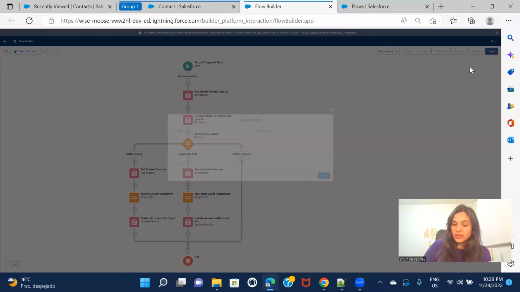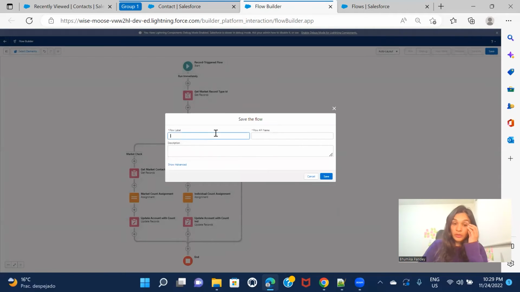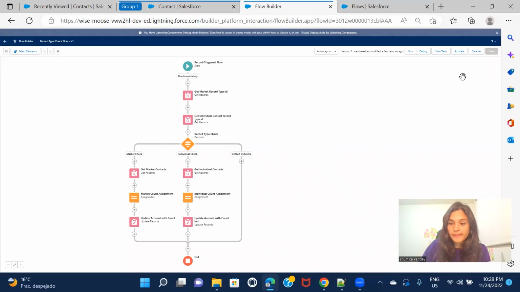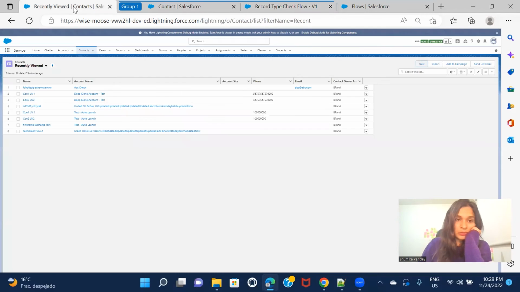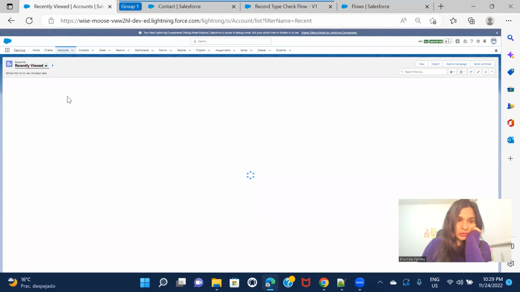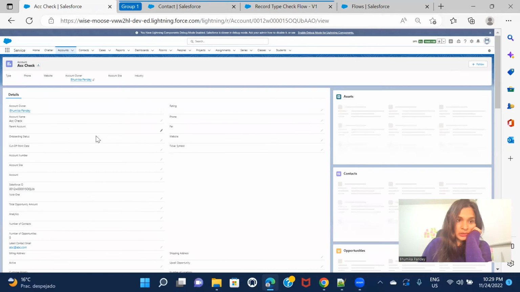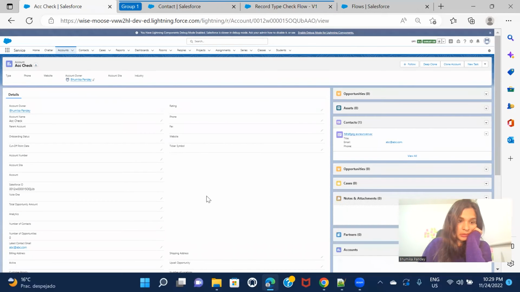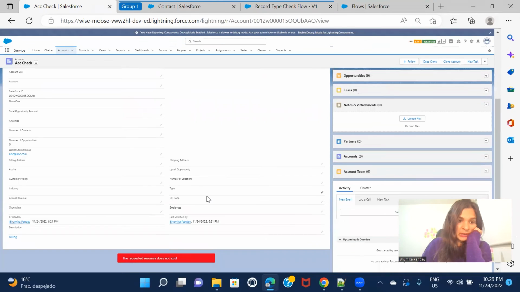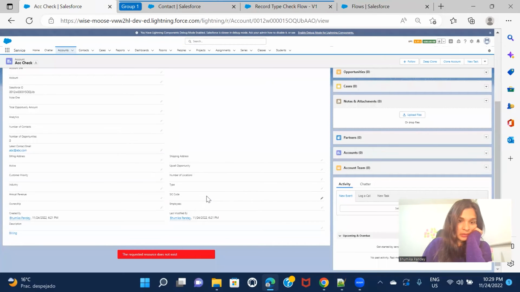So let's just save it and see if it's working or not. Record type check flow, and save. Let's just activate this. And I'll first go to account and see both the fields that I have. Market contacts and